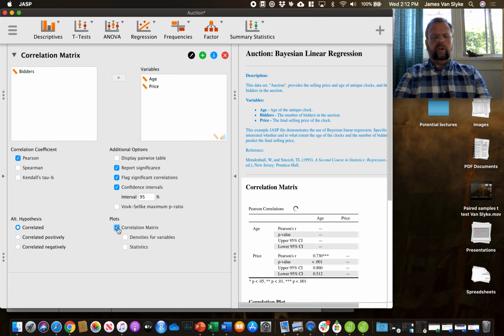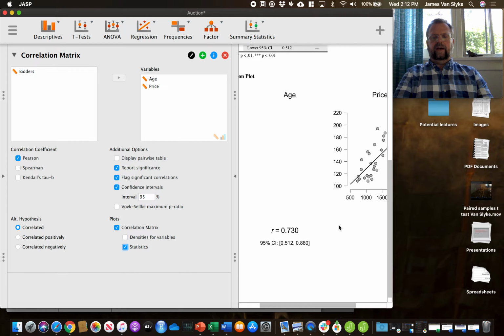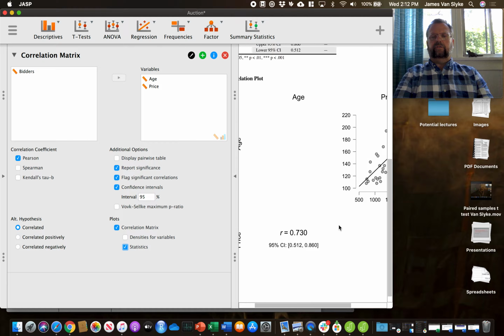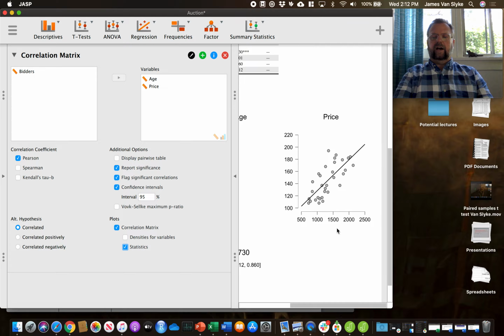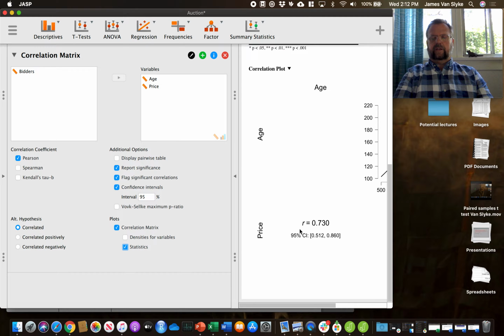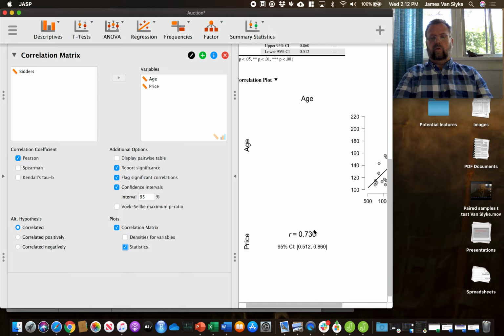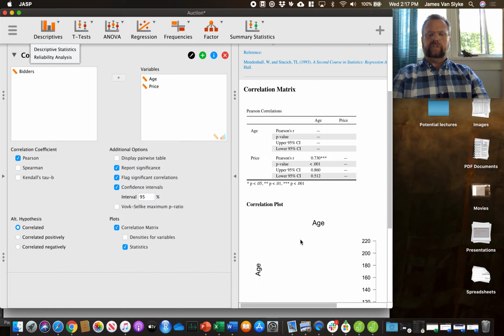And then from there, we can go to a correlation matrix, and with that, we're going to add in the statistics. If we look at that, notice how we get two different things here. We've got our basic scatter plot, and you're looking at the age of the clock and the price. And then we have a display of the correlational coefficients as well. All right, of our outputs, let's go ahead and